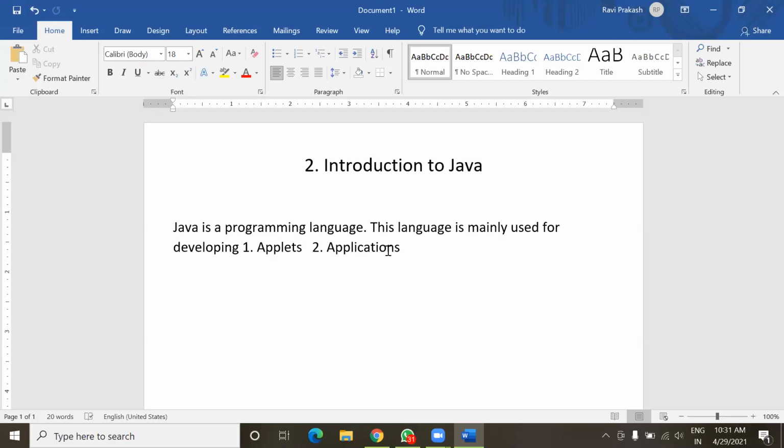Applications are only meant for mobile or computer, but applets are only meant for web pages. Understood, everyone? Any question?